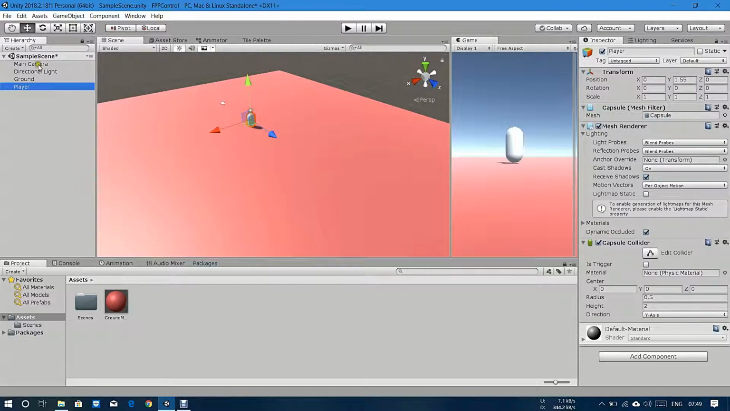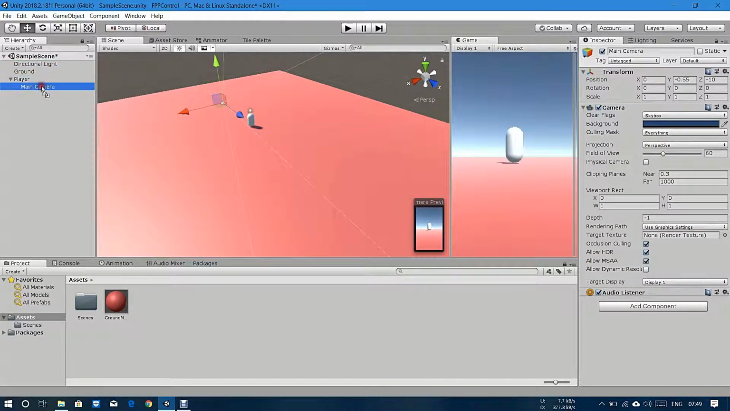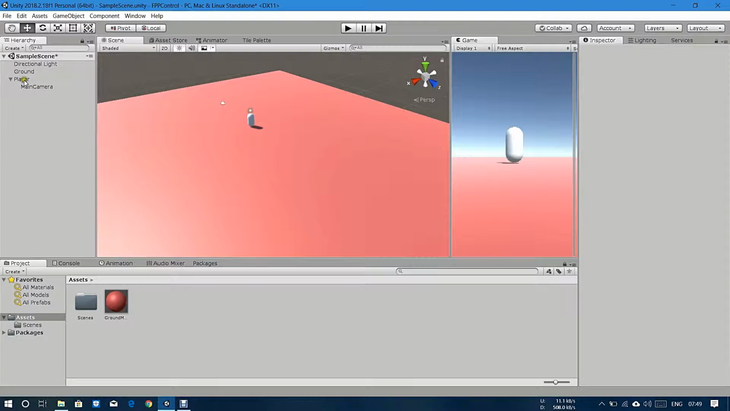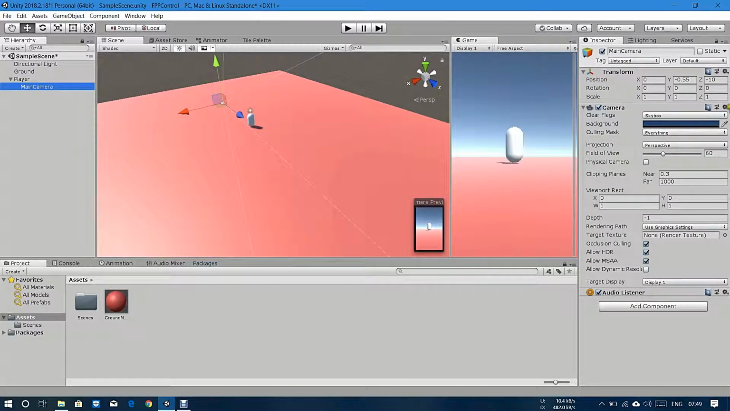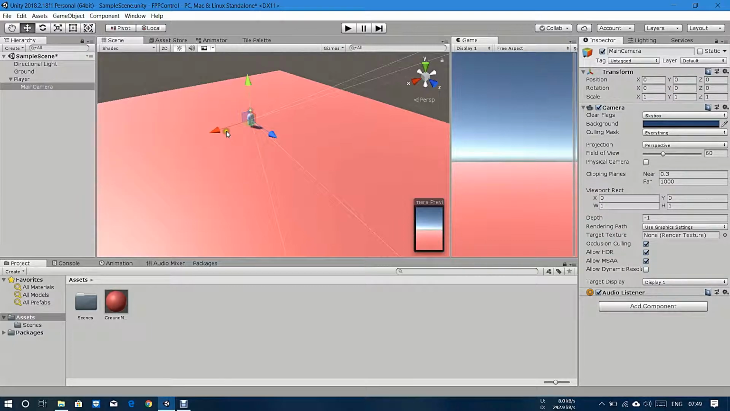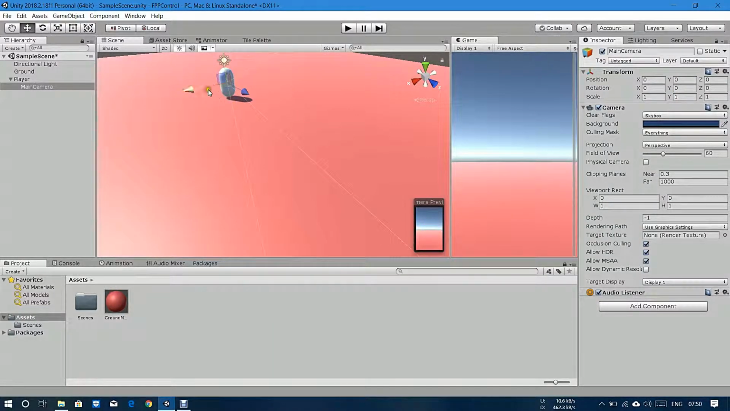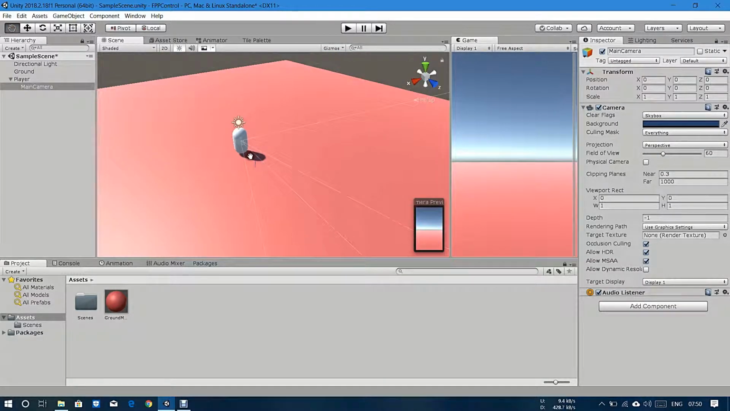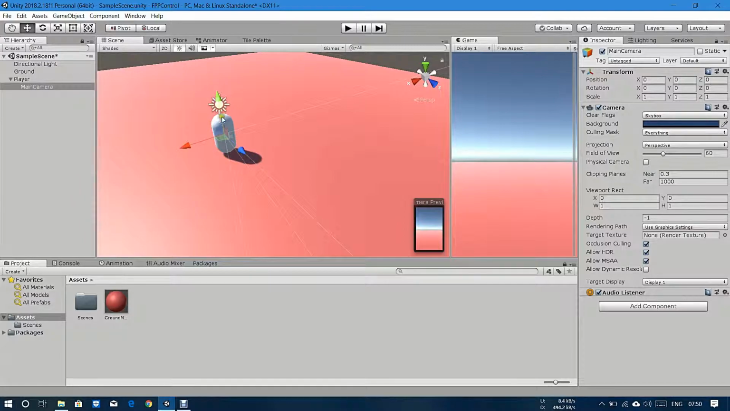And what will be next, you simply click on main camera and drag it onto the player and remove this space. Main camera. Okay, click on main camera, and on the right side in transform, click this settings arrow and reset. And simply drag it a little bit up. Okay,